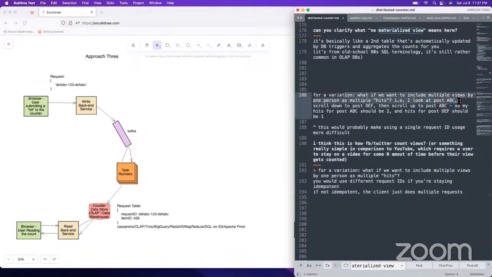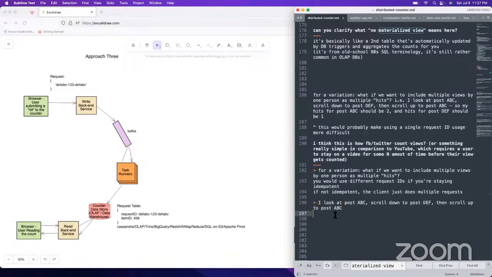I look at post ABC, scroll down to DEF, and scroll up to ABC. So that would be 3 request IDs, and the ABC and DEF would be item IDs.